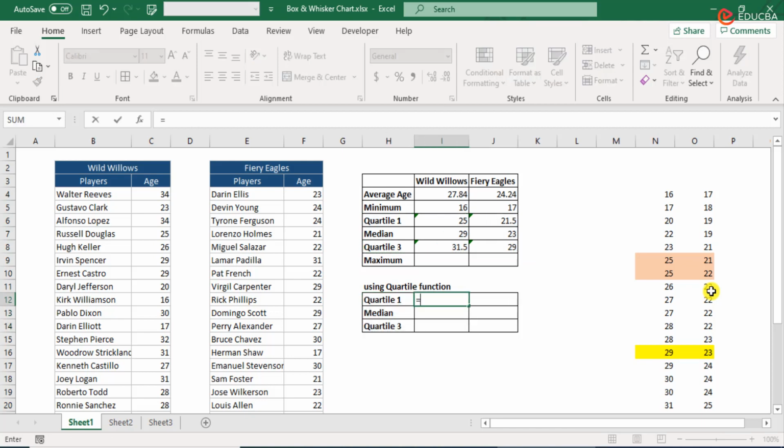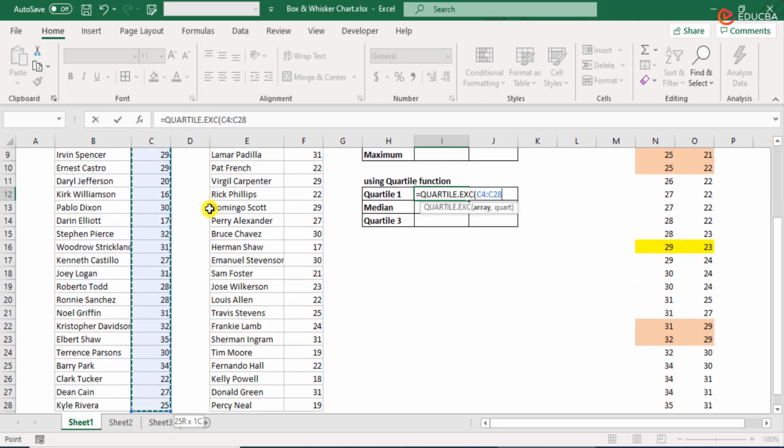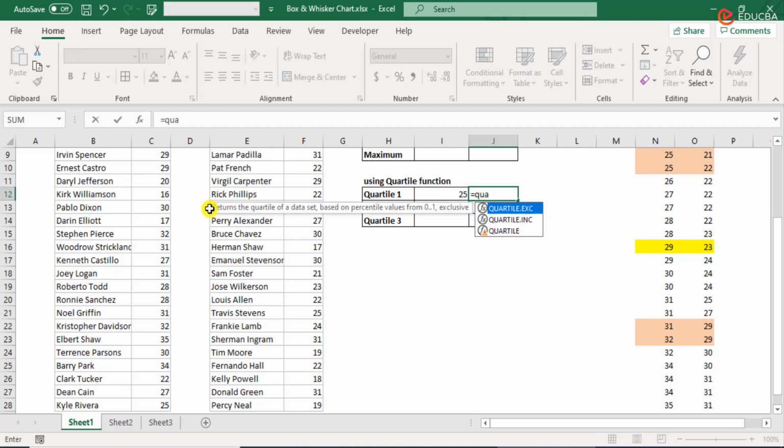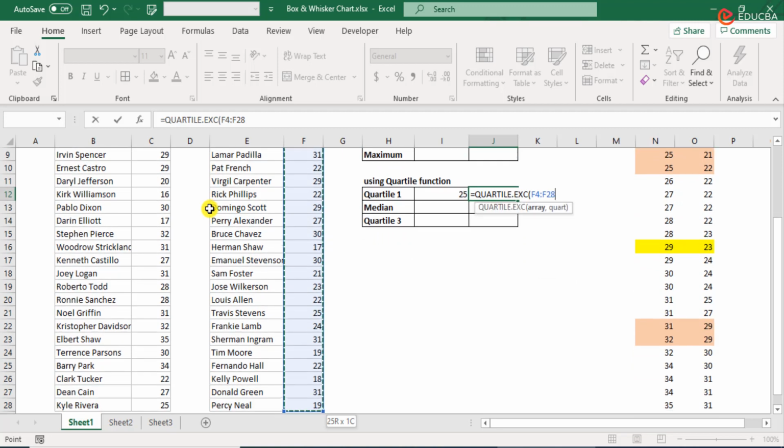So for quartile 1, I said we have quartile exclusive, array. Just select all these series of numbers from the original set, and which quartile value do you want? I want the first quartile value, so 1, close bracket. Here we have. Going to try the same thing, quartile exclusive, select all the ages, and then this time I want quartile 1